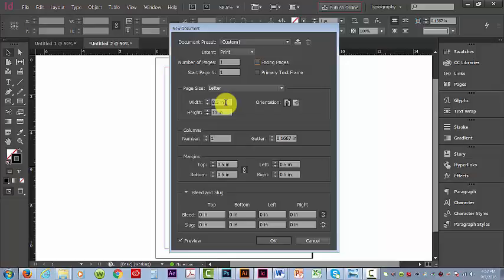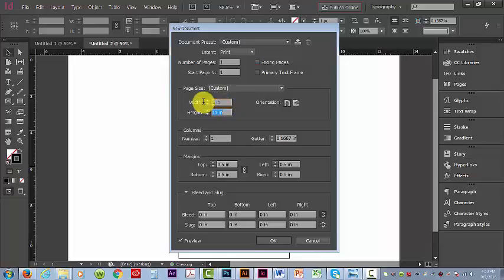So I'm going to be creating a 6 by 6 inch document, but I'm going to do some math here, and I'm going to create a table tent that will connect at the bottom to create an actual tent. So I'm going to create 6 by 6, and then there's a back. So if you calculate the height, it will be 12 inches, and then plus another 2 inches on the top and bottom for tucking underneath when you fold the tent. So I've got a 6-inch wide document, and I'm going to have, let's see, 6, 12, 16-inch document